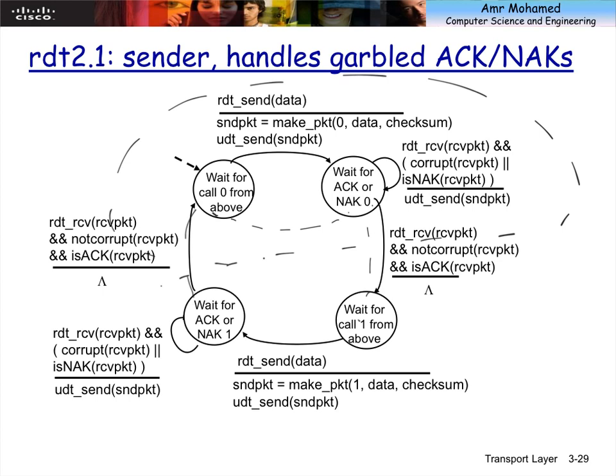But here, because we are waiting for acknowledgement for every single packet, the only possibility is that we have 1 lost or 1 corrupted, which means that we only need 2 to verify whether this is 0 or 1. Okay? Because we will see in some other cases we don't have to wait for acknowledgement and we send multiple packets. In that case, we need more than 2 sequence numbers. We need more than that, and we will see this case.